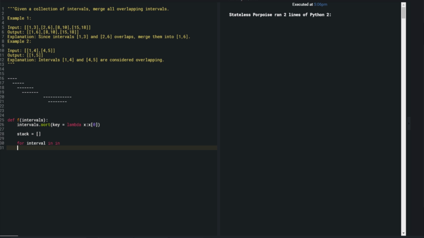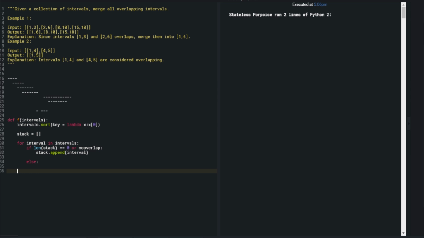I put it in only if it's non-overlapping or empty. So if the stack is empty or no overlap, then stack appends the interval. Otherwise, if there's a non-empty